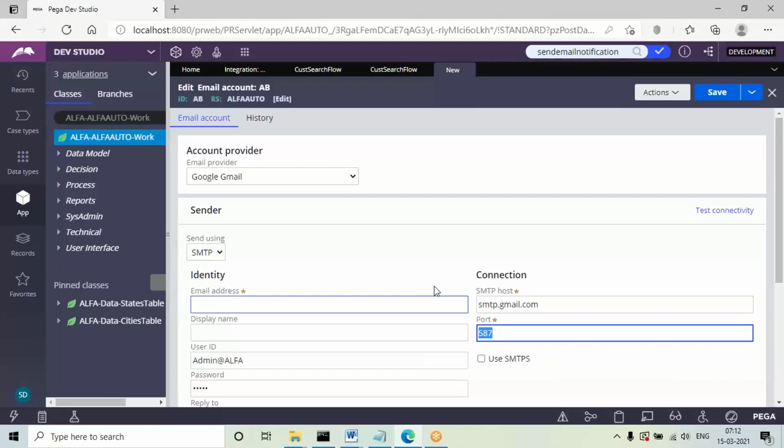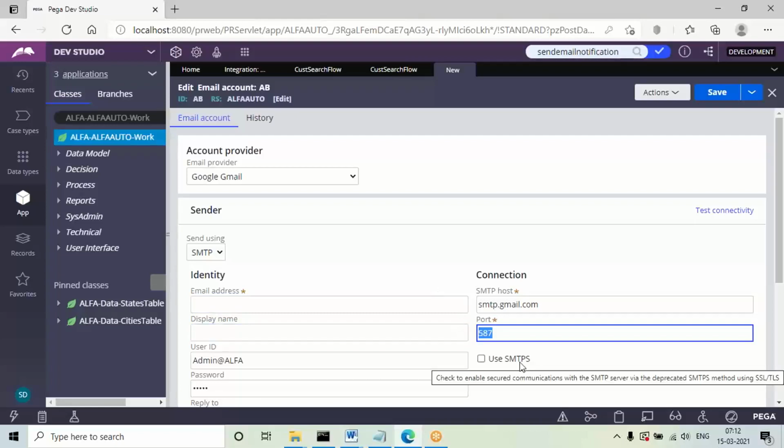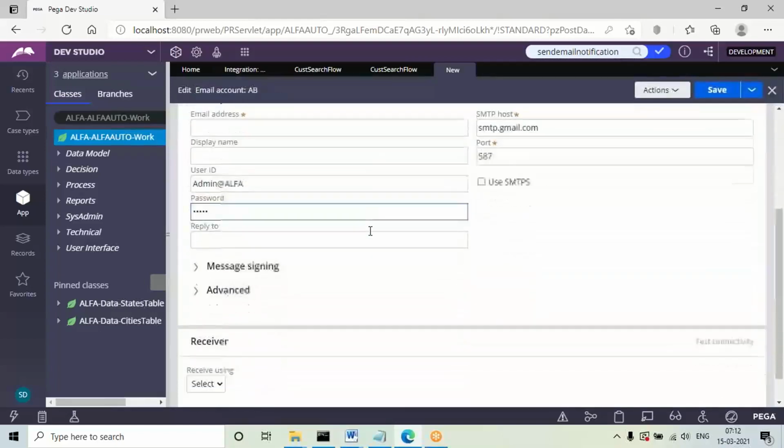Okay, that is one difference. Through the widget we need to configure using SMTPS; without the widget, that is in integration resources, the email account connection can be created without SMTPS also. So that is the only change. The remaining parameters are the same. Okay?